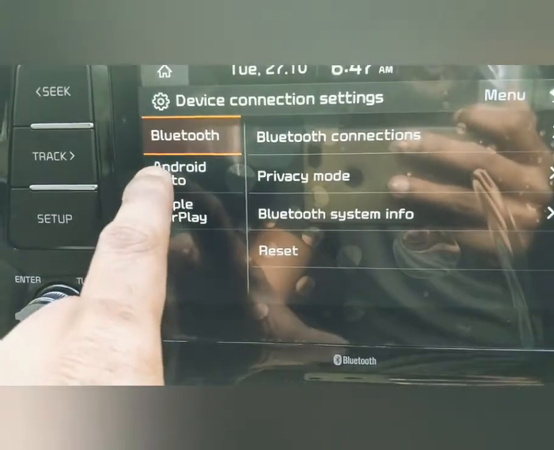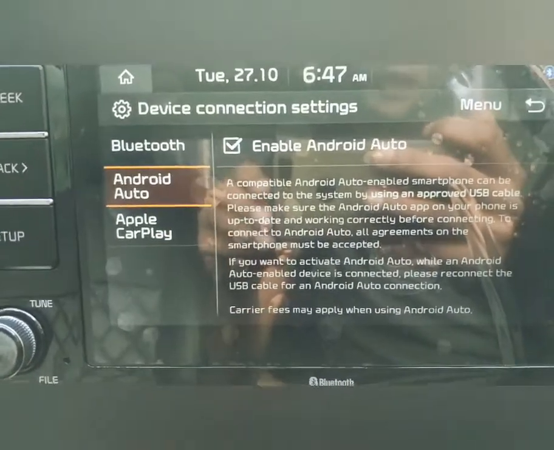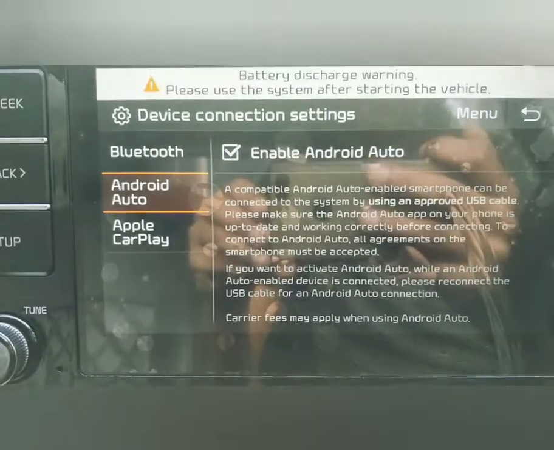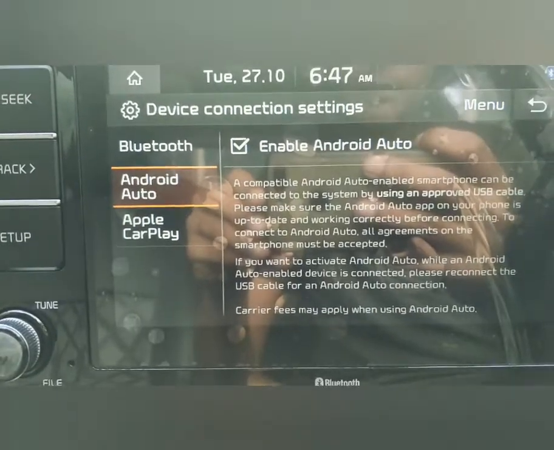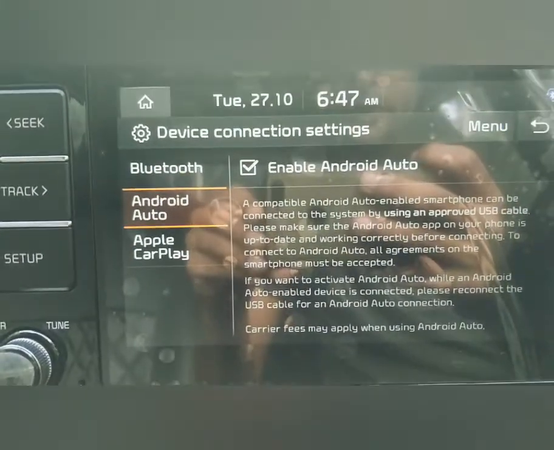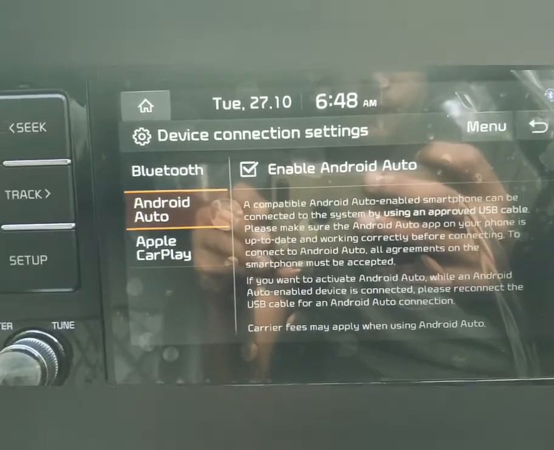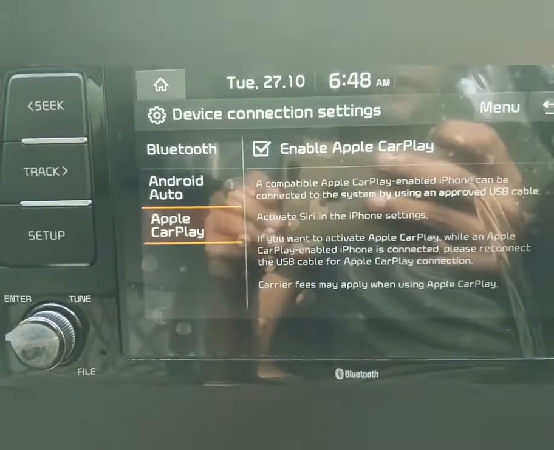Now let's look into Android Auto. When you connect Android Auto, we would need a charging cable, or a cable that has to be connected to the device for it to be displayed. For example, let me quickly show you which port and how we can connect it in the next video. Alright. So likewise, when you look at Apple CarPlay, it comes up with similar menu options.